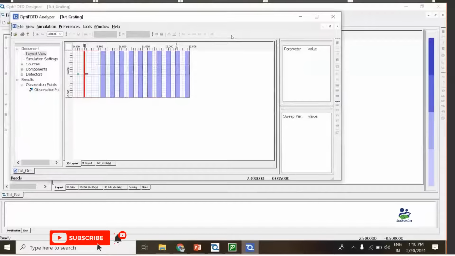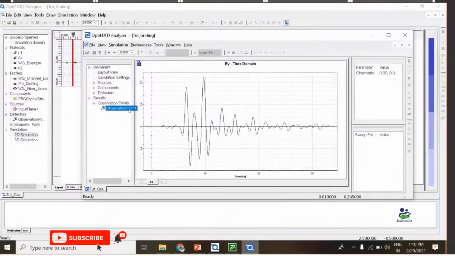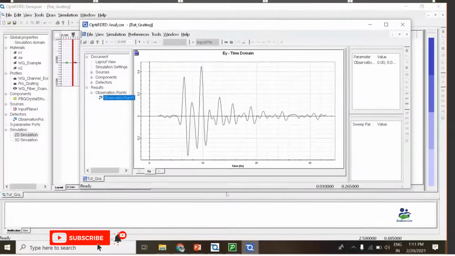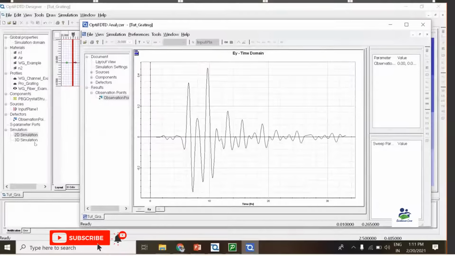Now we can see that in the analyzer window we have an observation point over here. As I click on the observation point, you can see we have an electric field in the time domain, and this electric field is decaying. We have to select a sufficient time so that it decays properly.